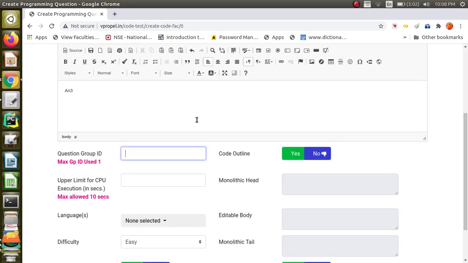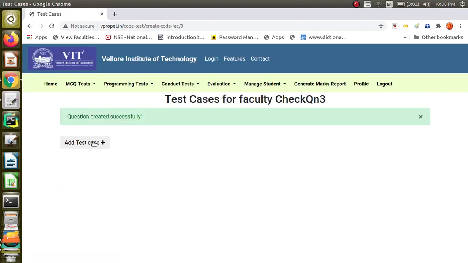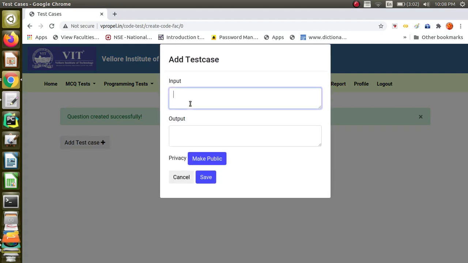Now, I am going to give a different group ID. Okay, so 2 questions are under group ID 1. Now, I am creating the third question under a different group ID. Okay, and time also I am going to give as 2 and Python, right, and I am going to give 1 minute. PSC is S and marks is 5. Let me give like subtraction. So, I will say 2 minus 1 is 1.